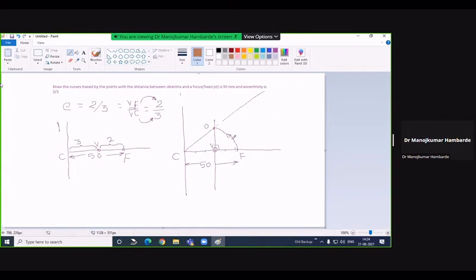So again I will tell you what I have done. With V as a center, VF as a radius, I will mark an arc. It cut the vertical line at point O, and then I join C to O, and I extend this line. Okay. Then from F,